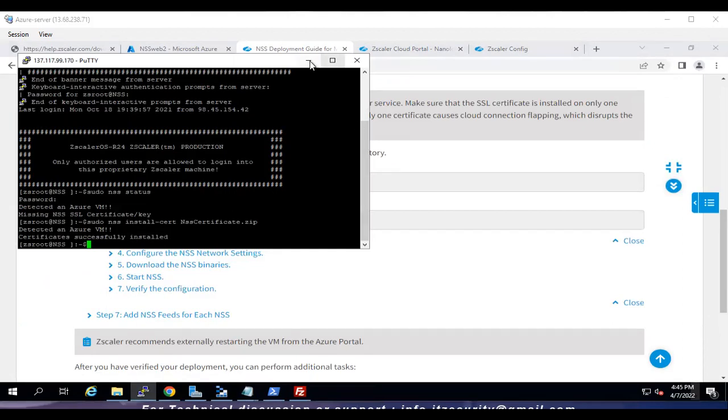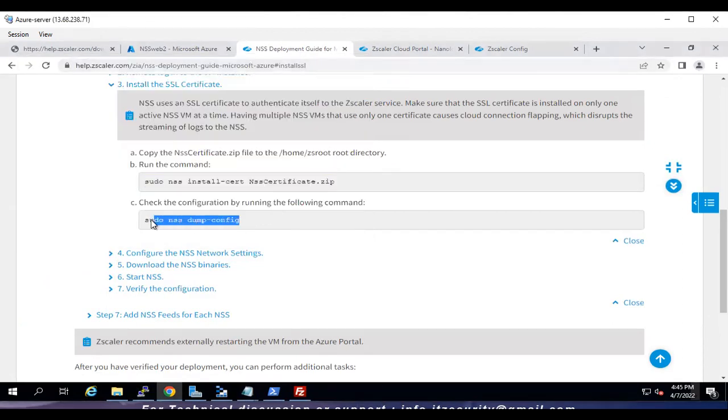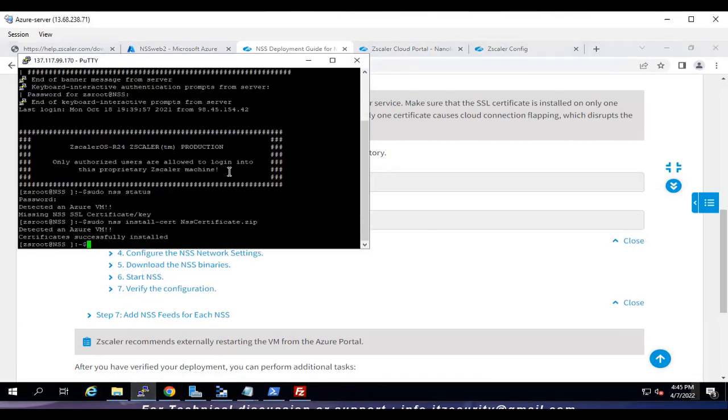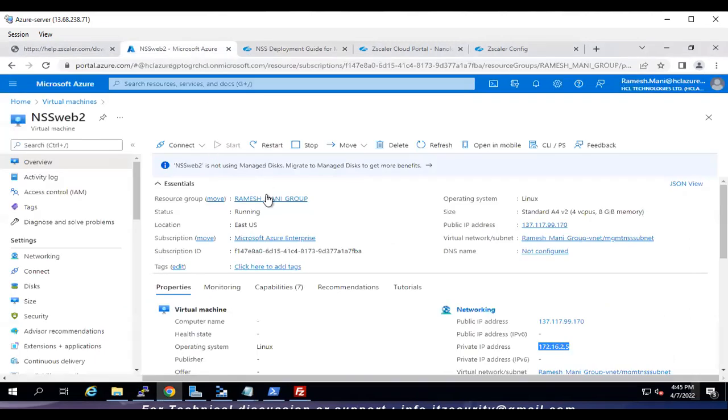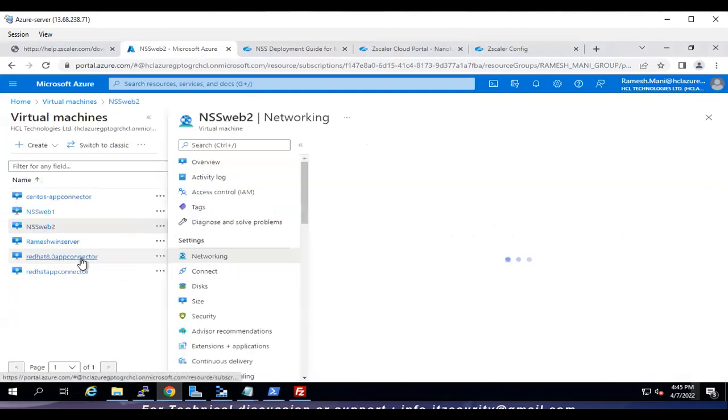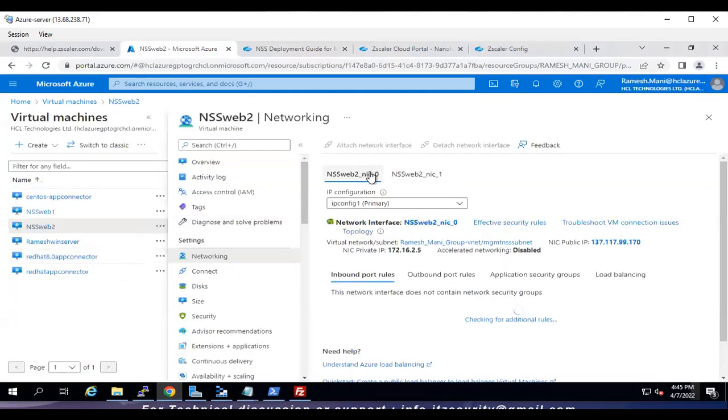Once the certificates are successfully installed, you need to run the NSS dump config to validate the configuration. Here there are no service interfaces configured. The service interface is nothing but NIC 2. You can see here NIC 0 and NIC 1. One will be the service interface. You need to copy these IP addresses and go to the